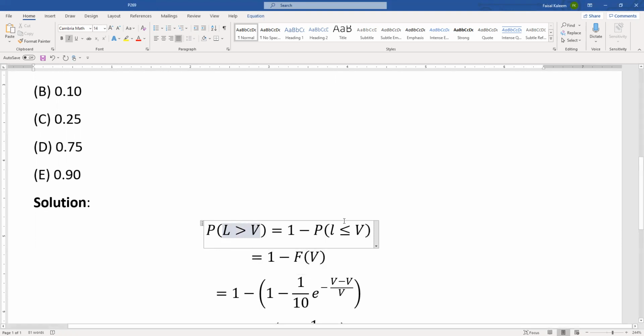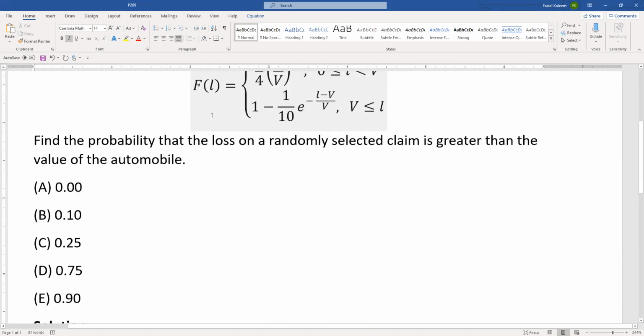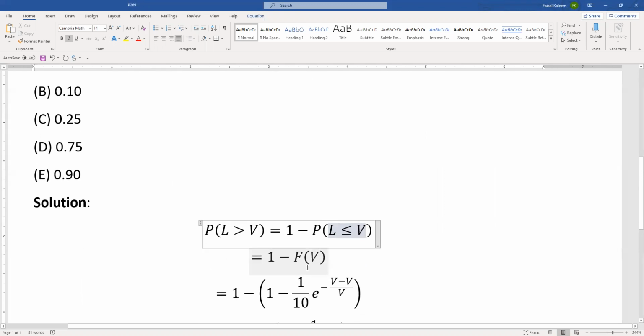So that's 1 minus probability that L is less than or equal to V. But L is less than or equal to V, that's just big F of V, because the big F is for the L. Probability L less than or equal to V by definition means the cumulative probability, and that's the big F, so